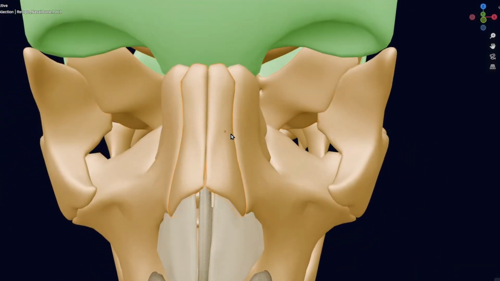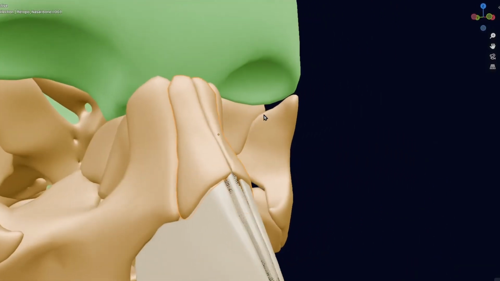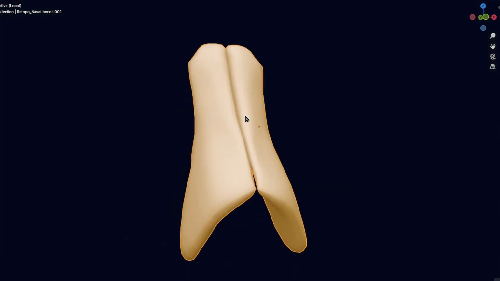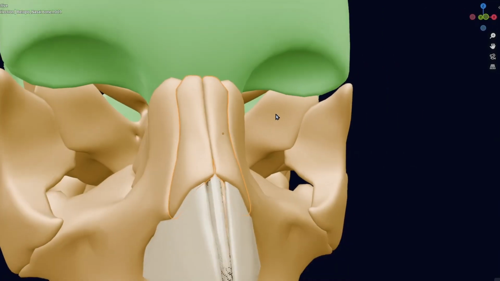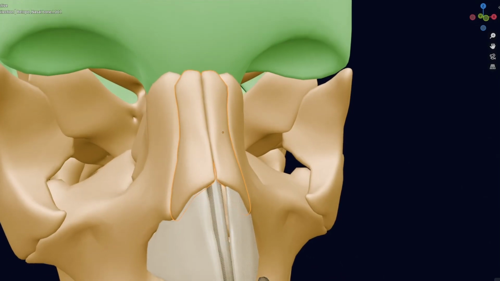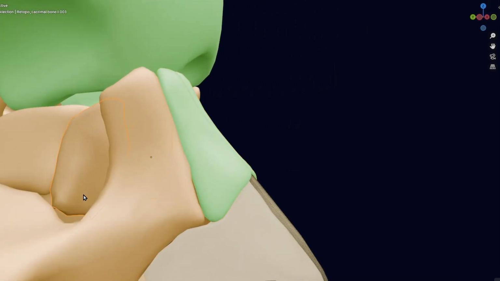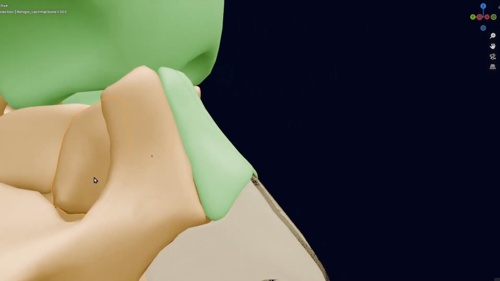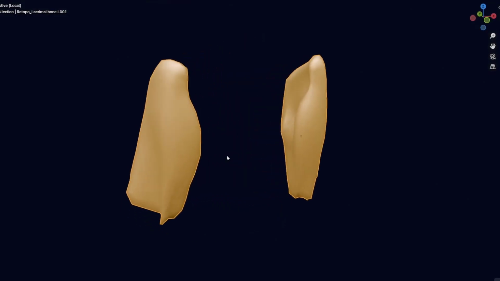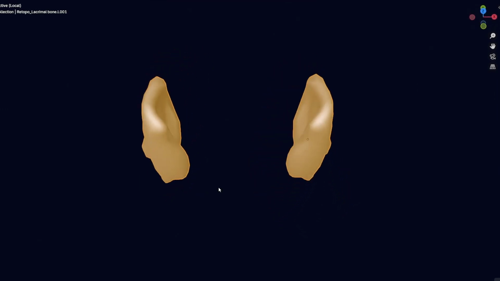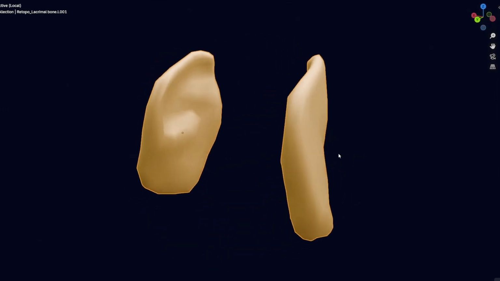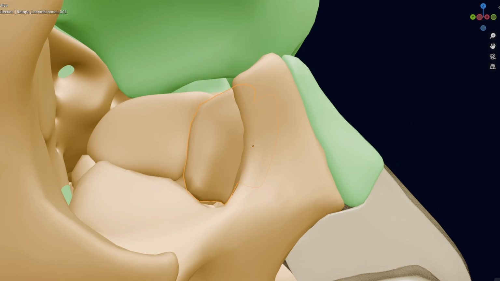Then here we have these plate-like bones. If I show you, you see these are plate-like bones. What are these bones? These are the nasal bones. Again, because these are plate-like, they also develop with the help of intramembranous ossification. And then we have, what is this bone? This is called the lacrimal bone. Again, these are bilateral, and these are also relatively plate-like, relatively flat. So they also develop with the process of